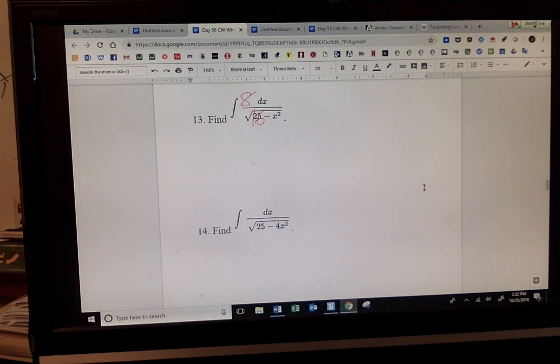Now pay very close attention. I want to teach you a similar shortcut to the one I taught for the tan inverse. But a similar shortcut. Play along. Is that 8 outside? Don't write this yet. Okay. Actually I can.